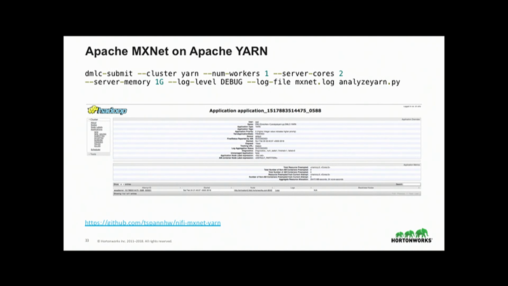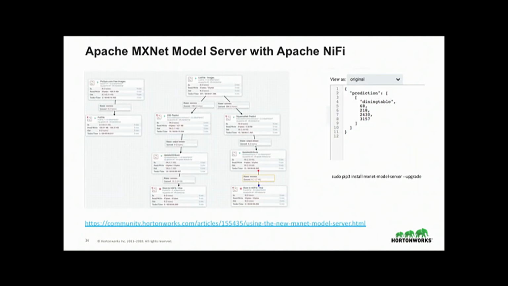The next step that I have is this model server I mentioned in the beginning. Amazon has committed to Apache. It's not a full Apache project yet, but it's probably going to be rolled into the main MXNet branch. It's an Apache licensed open source thing that lets you run a REST API with your model. So that if you want to execute a model, you don't have to install it. So say you have a data scientist, you don't want them to have to install anything on their machine. Especially if maybe they're a consultant. They come in, they sit down. You could either give them a Zeppelin notebook, or you could say, okay, once you're done with your model, I'm going to push it to this server, and it's very easy for anyone to get access to that.